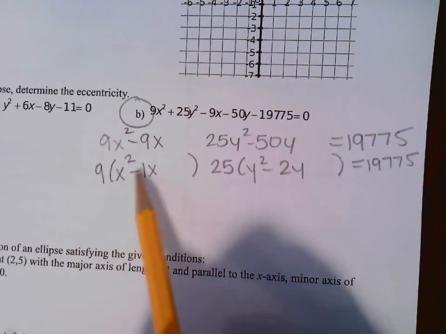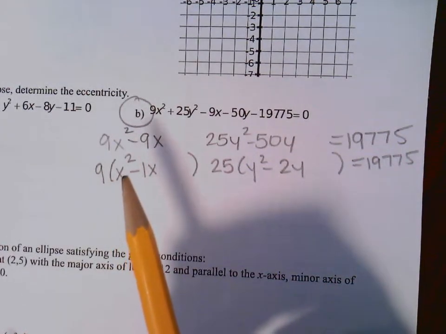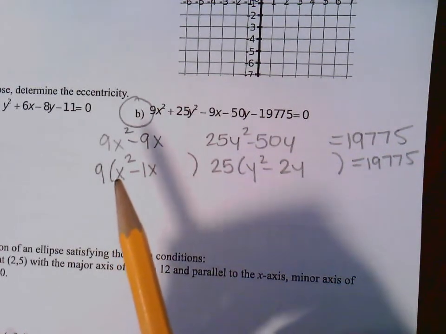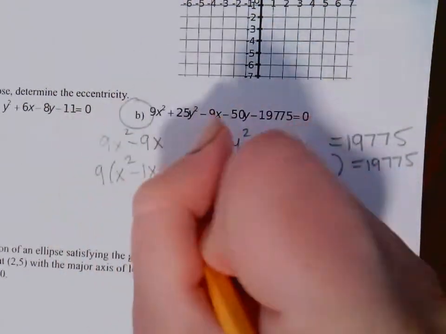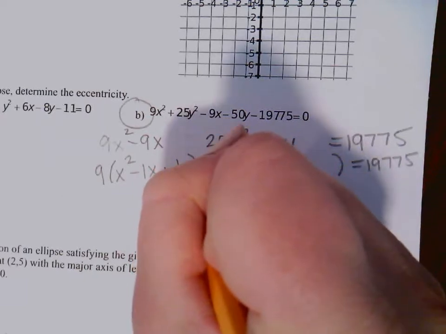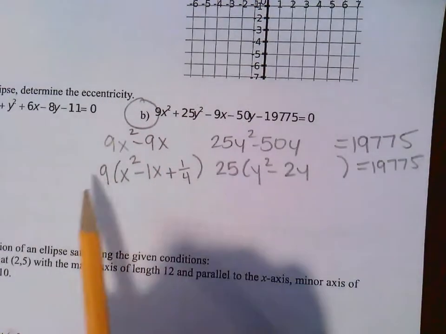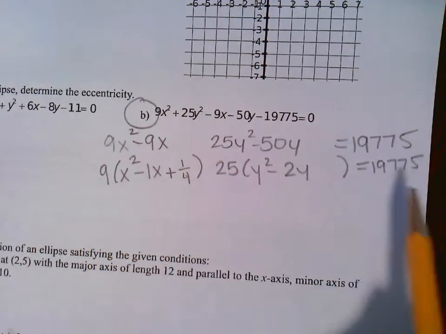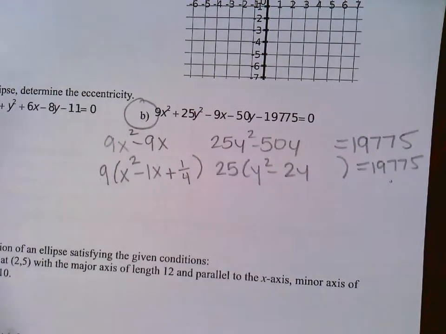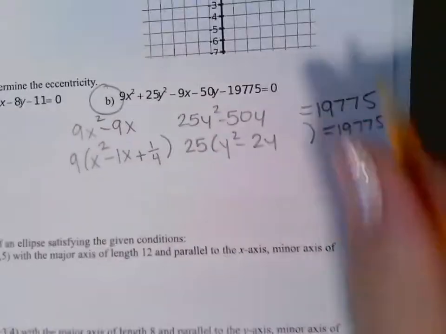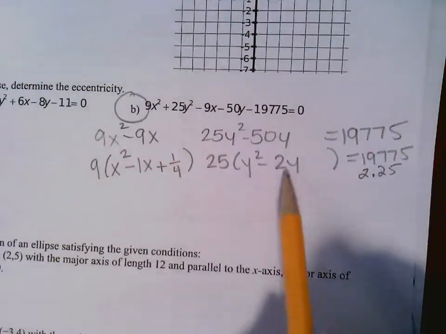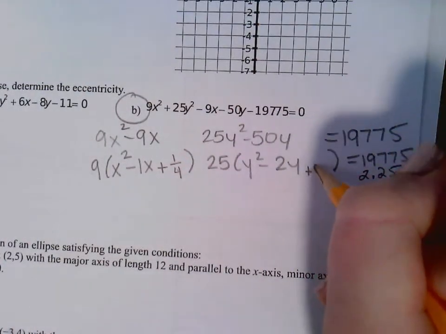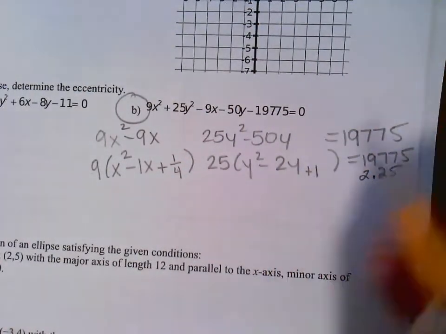So I would have to cut negative 1 in half. So that's negative a half. And then when I square negative a half times negative half is positive 1/4. 9 times 1/4 is what I have to add to the other side. And 9/4 is how much? 2.25. Over here, all I have to do is add 1 inside the parentheses, and so I'm adding 25 to the